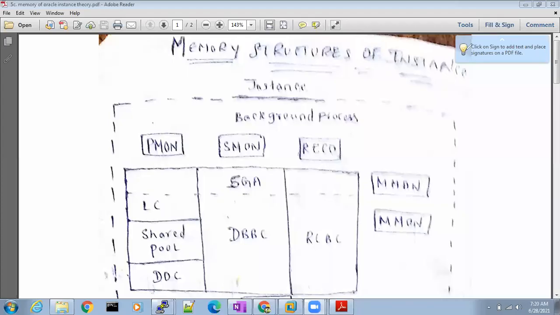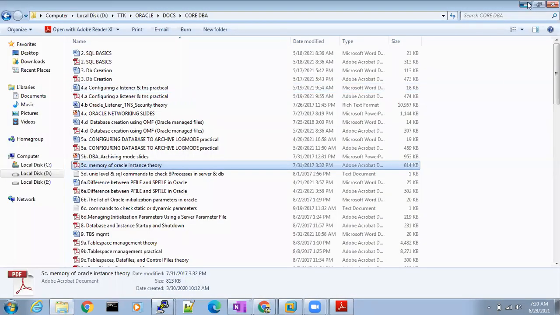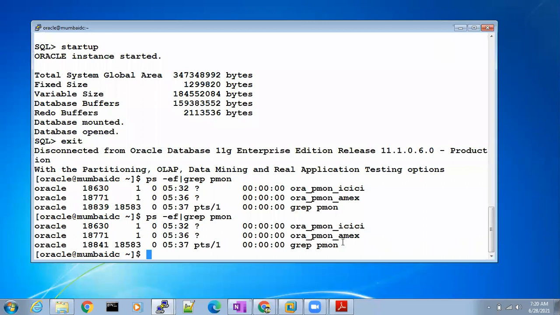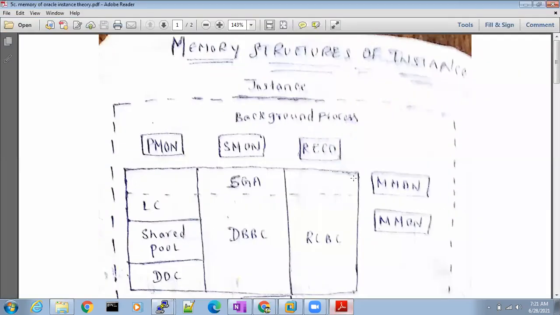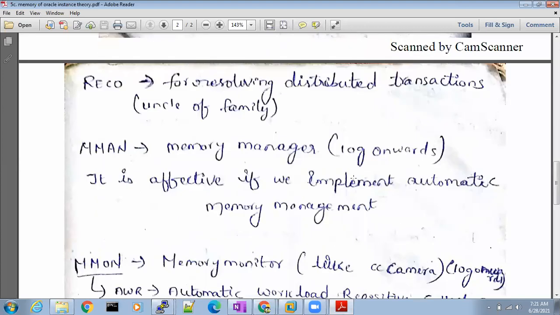So what I'm talking about is there is a document which you people have to complete, writing it in your notes. Then you will understand what this PMON and everything is, the background processors, I mean to say. I'll explain to you, we still have time. I'll give you this document, so please make a note of this.